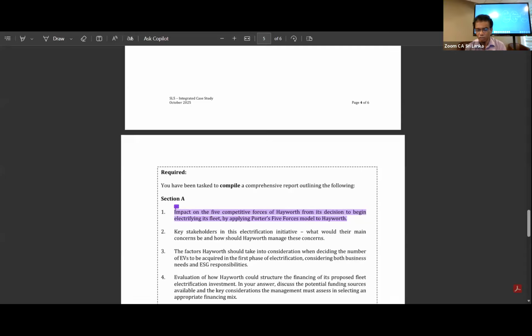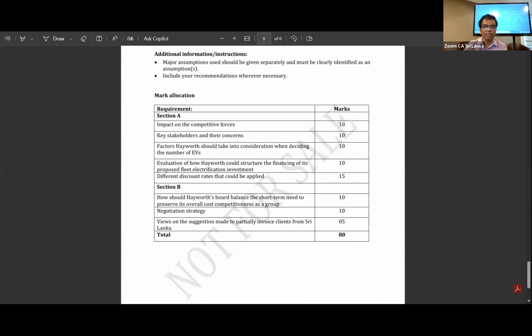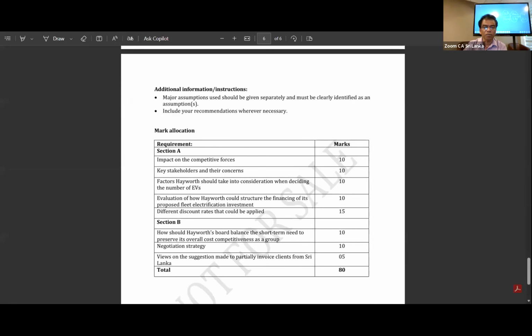Completion means the executive summary, the introduction and the conclusion. But they said the comprehensive report outlining the following things, and he has not mentioned any marks for report writing. In this box, they are not given. There is no point writing executive summaries and introductions. Marks are allocated: if you write the impact on this computer, first requirement A1, 10 marks are given there. If you write it 100% perfectly, then 10 marks.